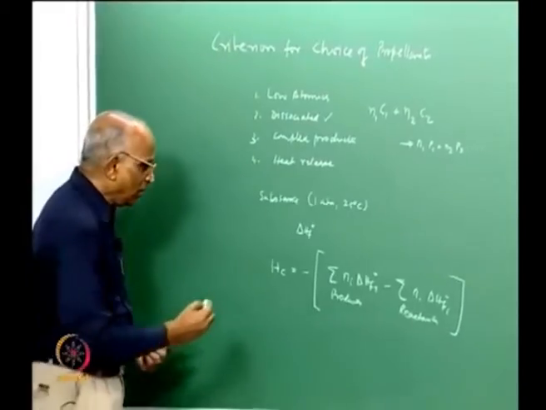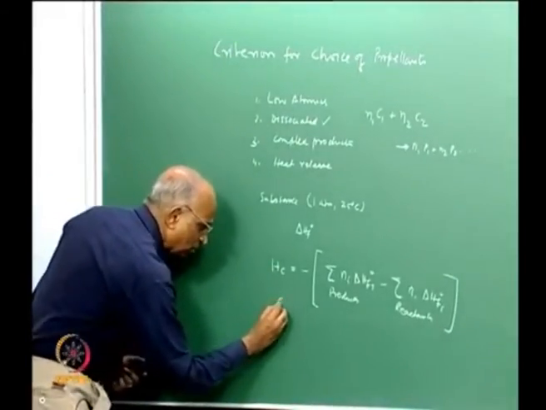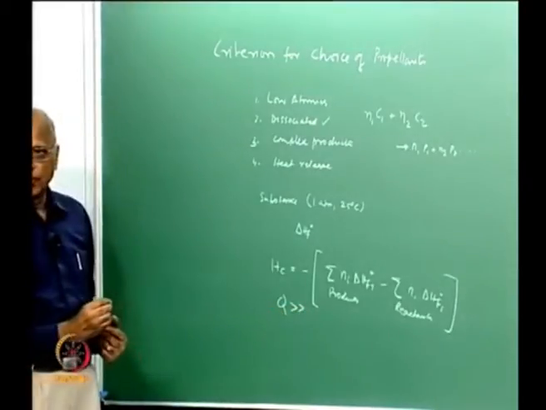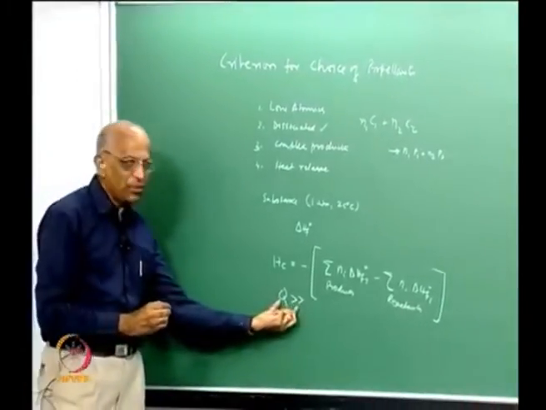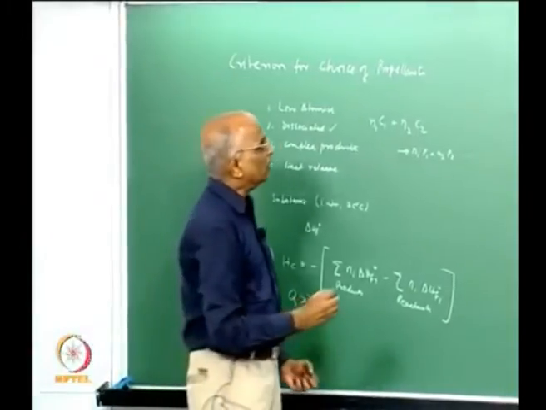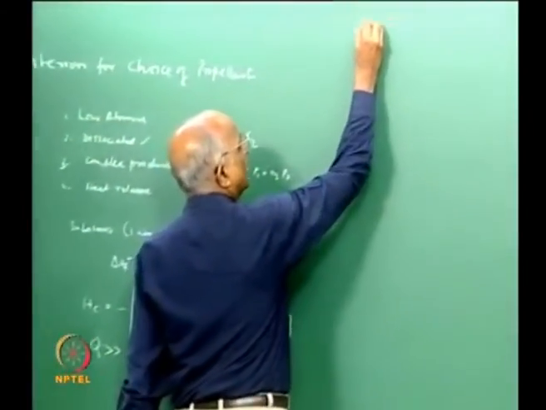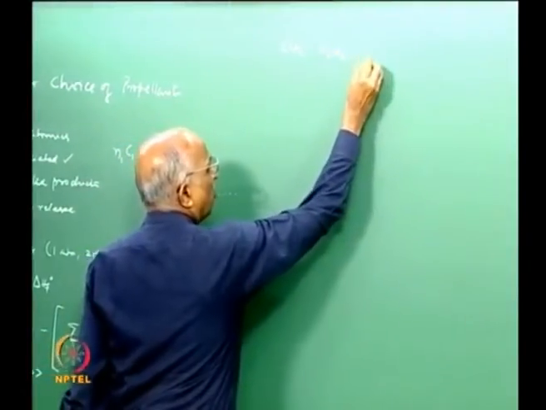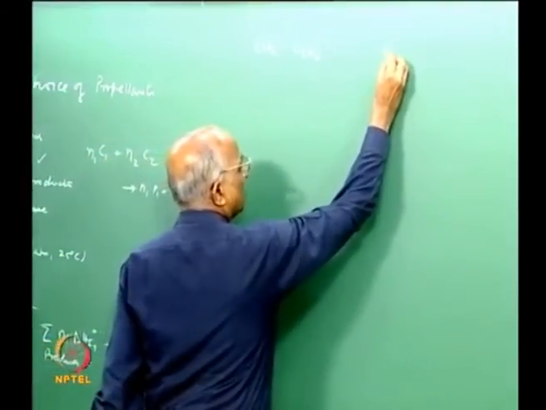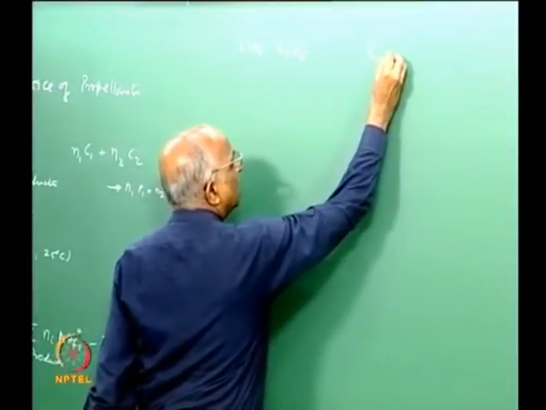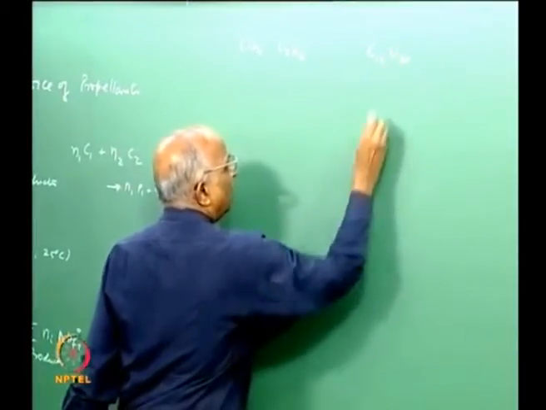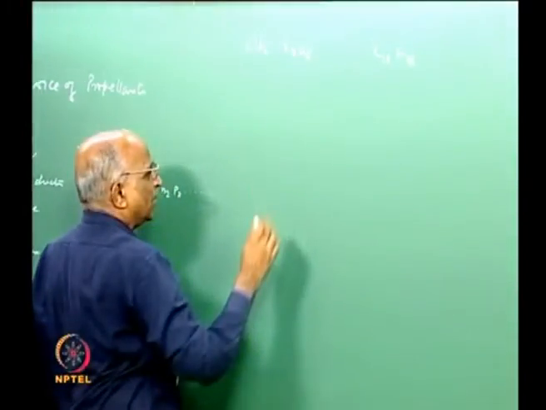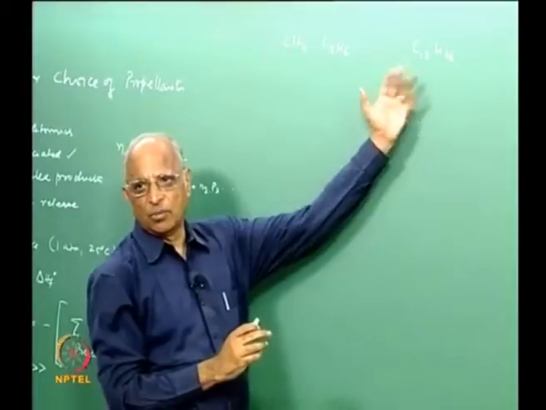And what do we want? We want this heat, which we also called Q, to be as large as possible. And for this we looked at heat of formation of certain substances. We looked at heat of formation of, let us say, methane, ethane and so on, propane, butane and all that, up to kerosene, which we called dodecane, C12H26, and we found that the heat of formation keeps increasing in the negative direction for this series of hydrocarbons.